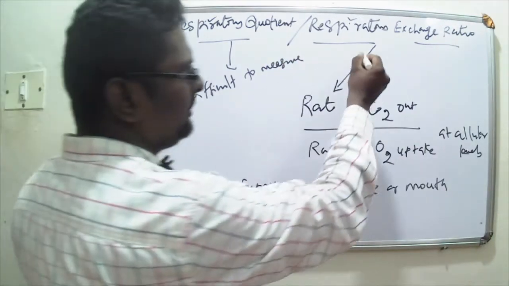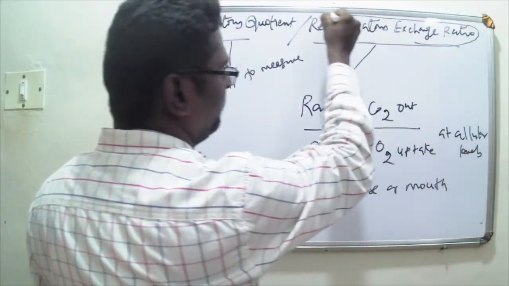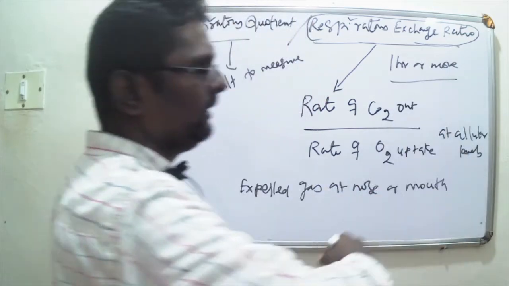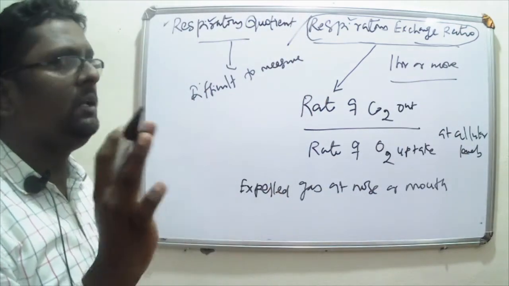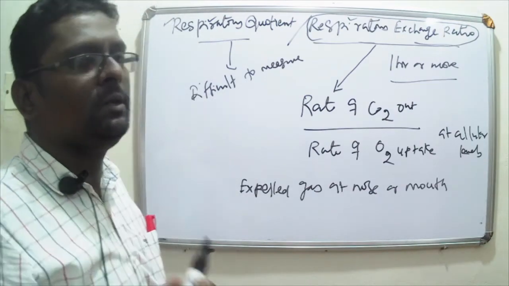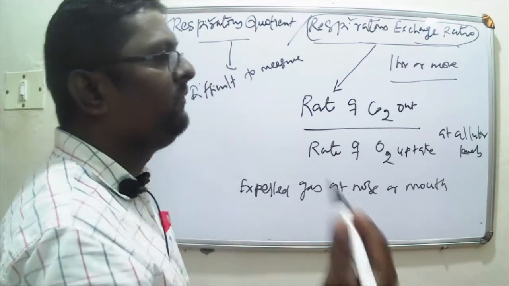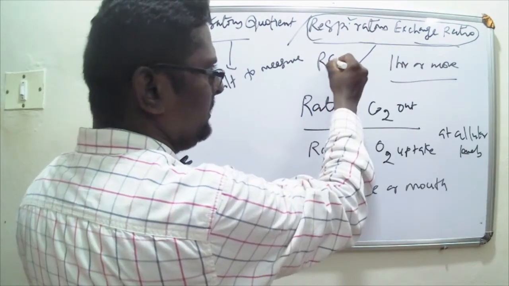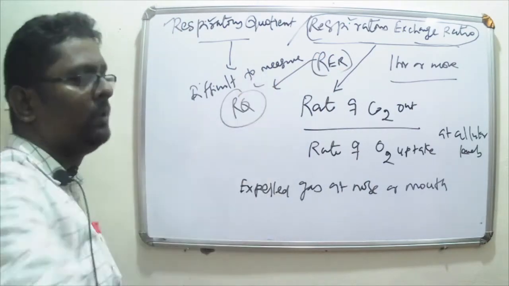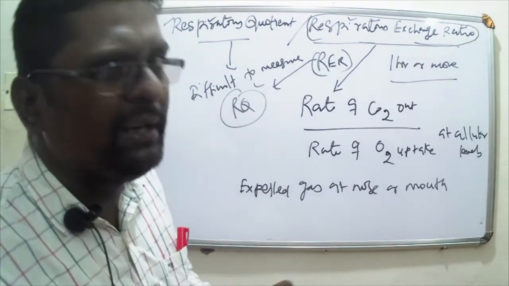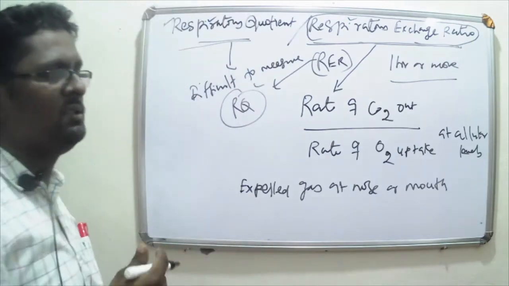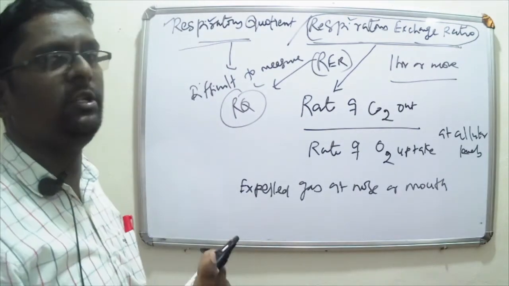Now if we measure the respiratory exchange ratio for a period of 1 hour or more, we will find that it is almost exactly equal to the respiratory quotient of all the metabolic systems in the body. So in a way, respiratory exchange ratio is a means to calculate respiratory quotient. There is only a very minor difference, so these two are pretty much interchangeable.